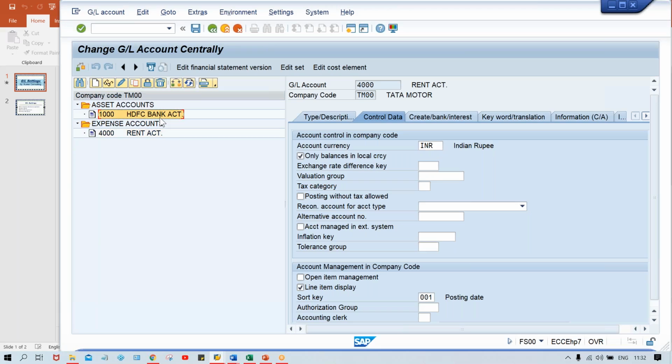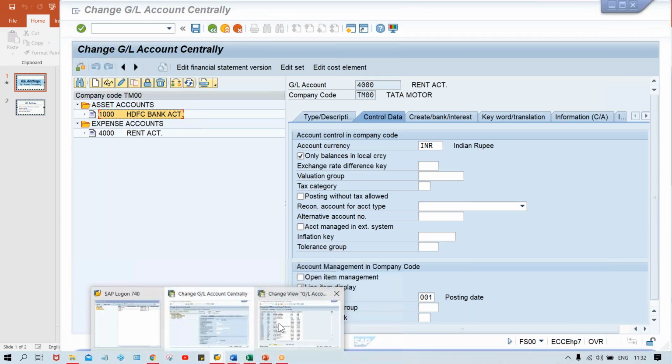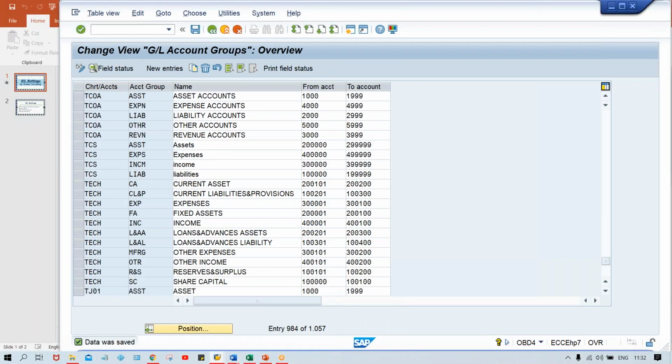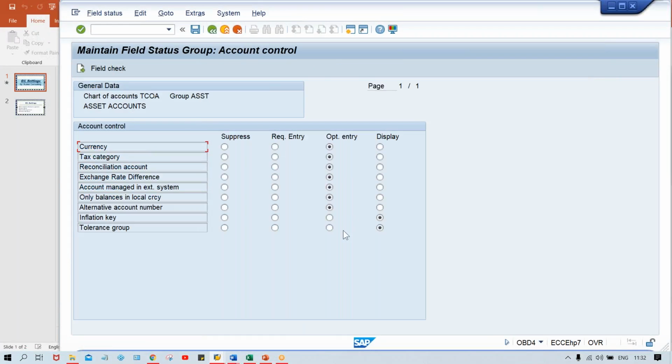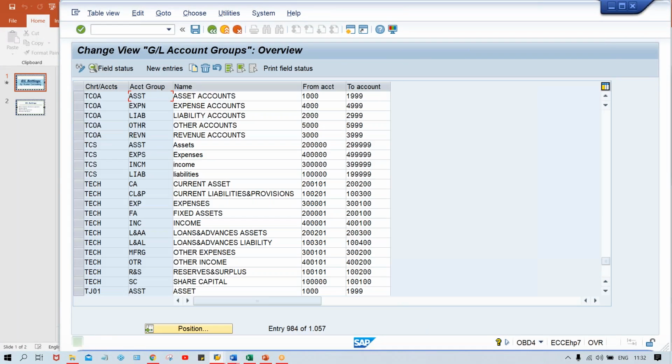Likewise, even other GL accounts are also there. Let's suppose 100 GL accounts are there, 200 GL accounts, or 50 GL accounts are there under a particular account group. So whatever changes are applicable, whatever things we are going to do here at account group level, it means if I have made this suppress, or optional, or required, whatever these settings are there, guys, right? Let me save it. So now it is applicable to all GL accounts which are created against this account group. This is what it is, guys.